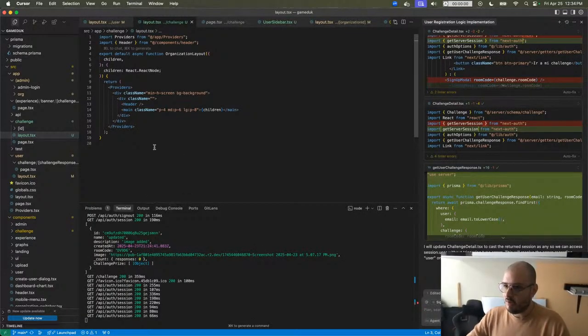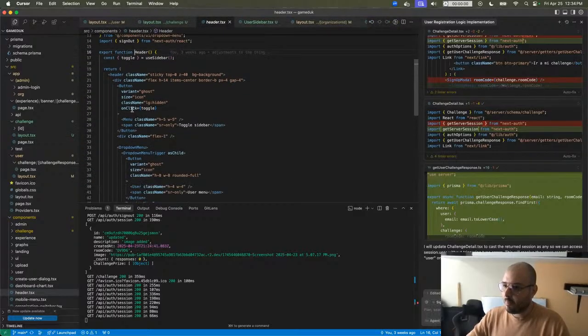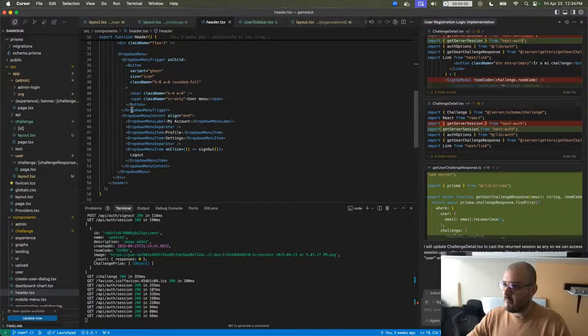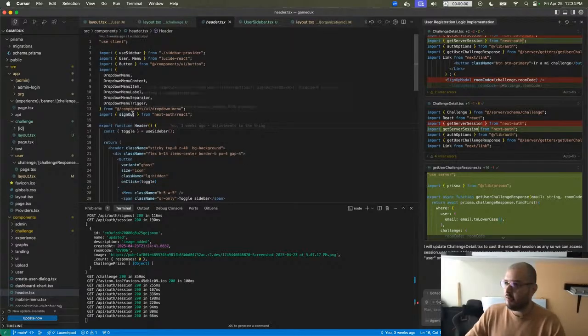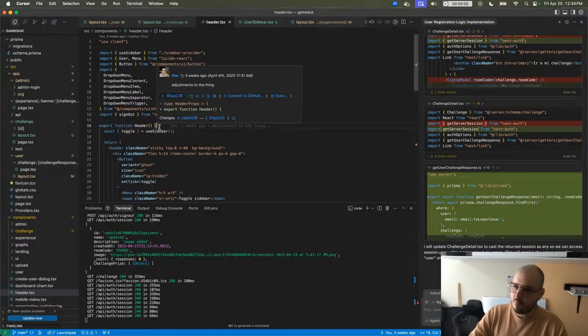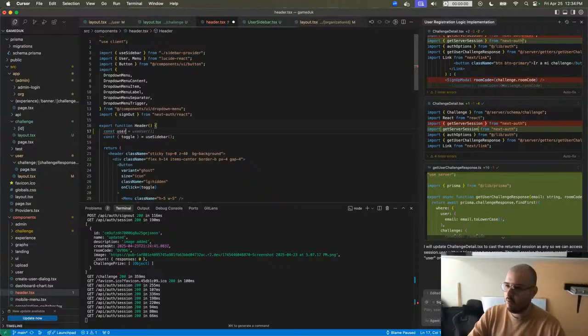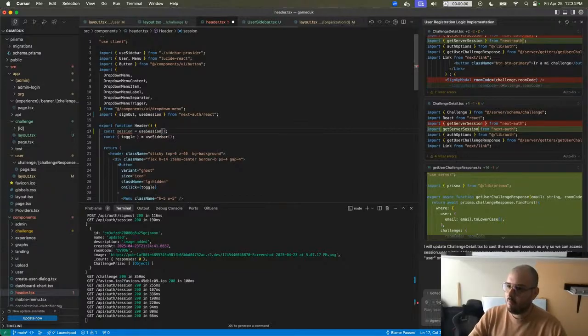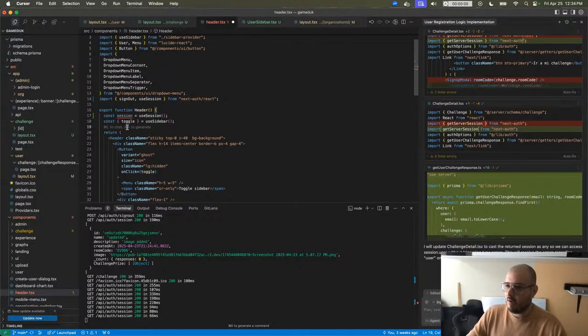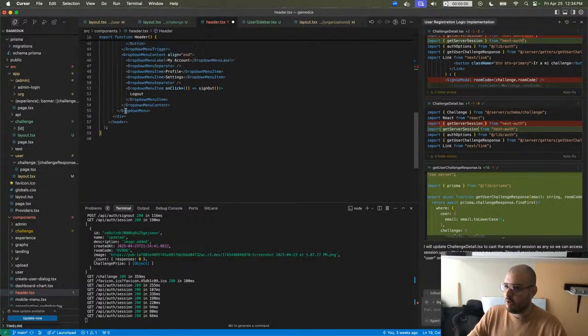Well, that's a bit different, right? So this particular header, this is a client component. Maybe it is, right? Yeah, it's a client component. So const user session. Okay, boom. And what we're going to do is we're going to make sure that